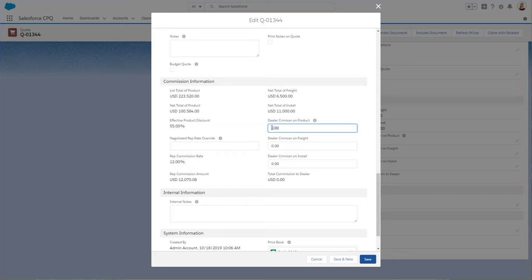The only information that you will have to enter is the negotiated commission on the product, freight, and install that you've negotiated with the dealer. And in the case that our effective product discount goes above 64%, then you'll have to enter in a negotiated rate override. So if we enter in a value here and our effective product discount isn't above 64%, so let's say we have